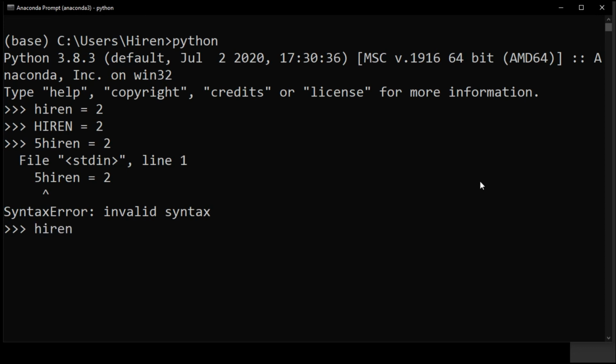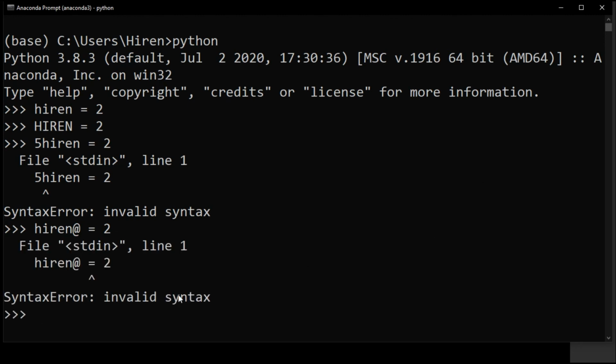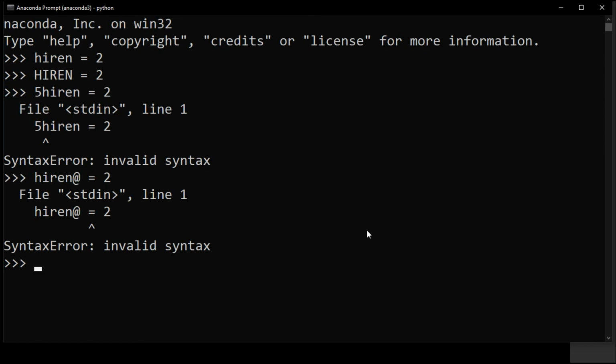Similarly, let's say I am using hiren, and then the at sign, and I am assigning the value 2 to this variable, hiren at sign, and just press enter. Again it is saying invalid syntax because here we have a special character. So you have to take care of these things while you are selecting your variable.